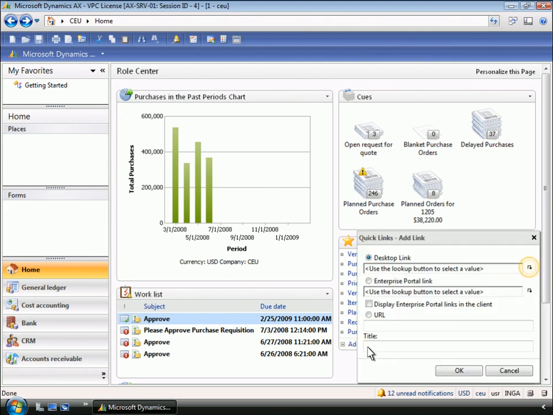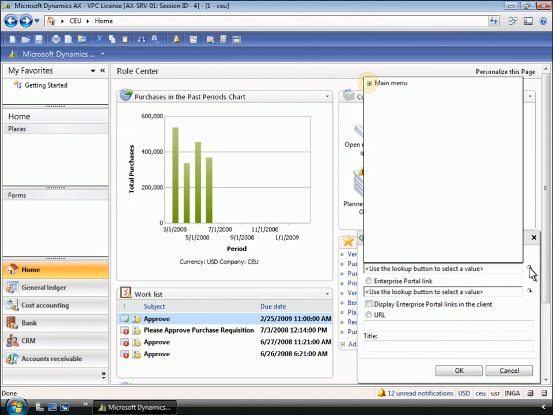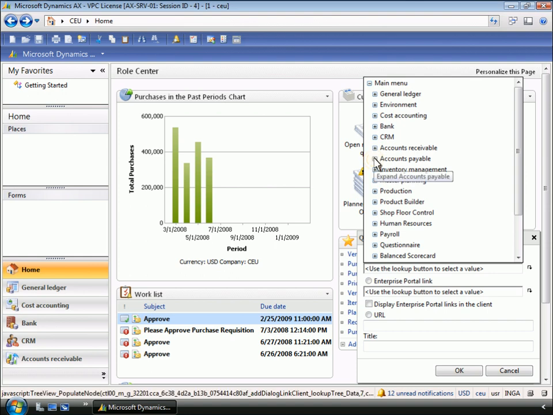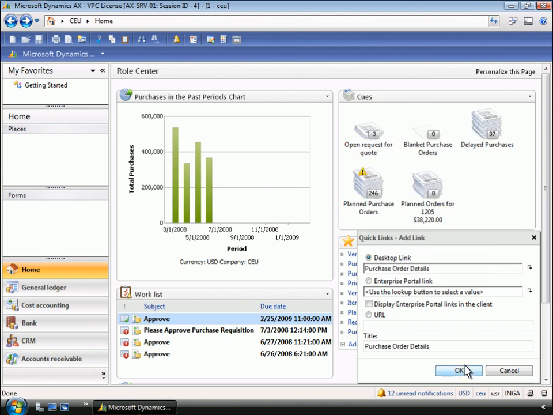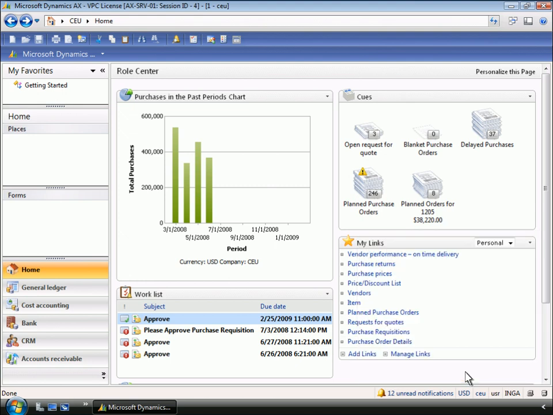Inga can add links to sites that are accessible from either the Windows client desktop, the Enterprise Portal, or both. Inga can also add links to external sites via a URL option. From here, Inga can select any function to link to. For example, if she wants to create a link to purchase order details, she can select this. Inga can now see the new link in her role center and can build up a list of the common